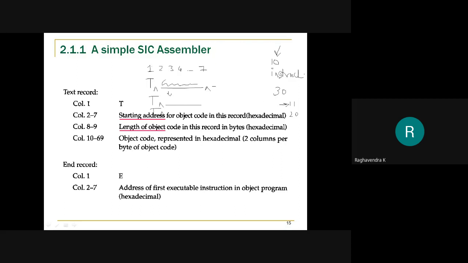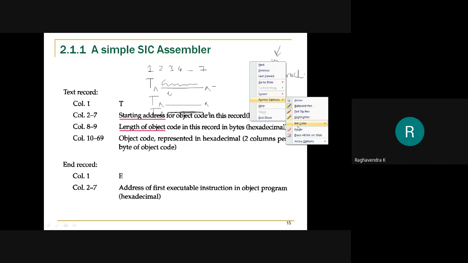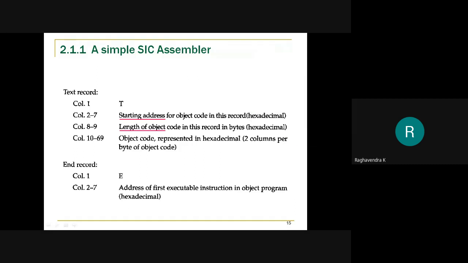The third record will contain instructions 21 to 30, so the address of the 21st instruction will be present in the third text record. I hope you are getting it. Column 2 to 7 specifies the starting address for the object code in that particular record only.